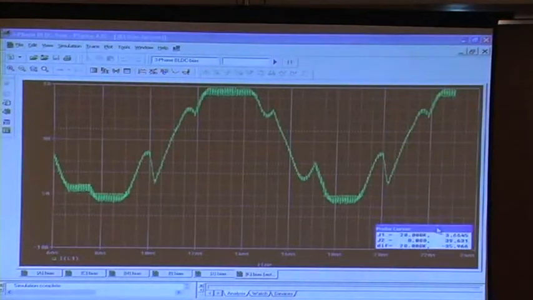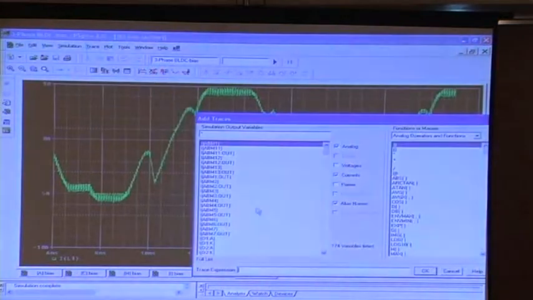So this is the current waveform for IL. You have got some... it's following the top. Now you can see that it's below 5 amps here, and here it is above 5 amps. So there is some optimization required for KP and KI here. It's not fully optimized for this system. And then if I add other traces,